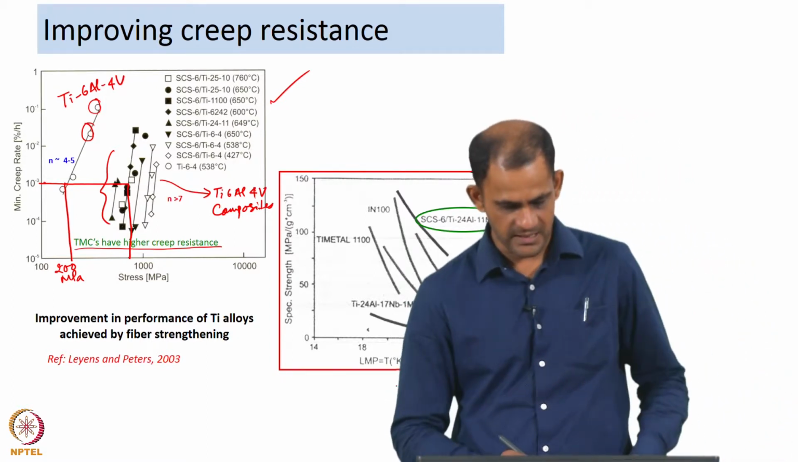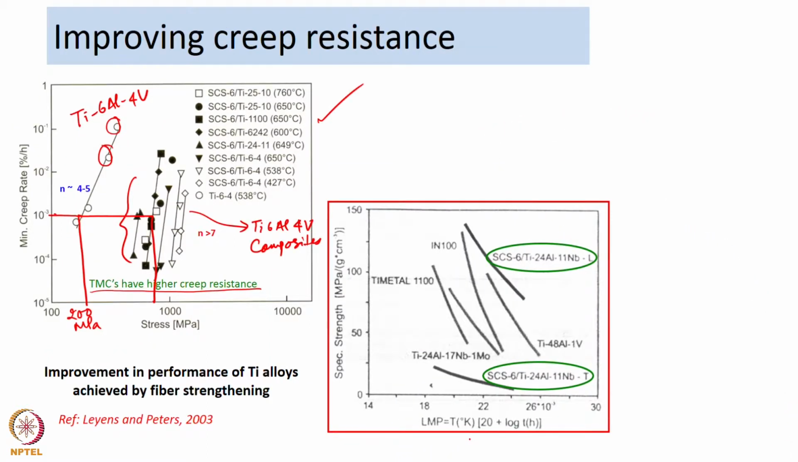Let us also look at another example. So, here you have silicon carbide fibers reinforced titanium 24 aluminum 11 niobium alloy, and in one case they tested the samples along the longitudinal along the length of the fibers, in another case they tested the sample perpendicular to the fibers. So, you have L and T. Now, what you see is the samples tested along the length of the fibers for the same Larsen-Miller parameter, let us say a Larsen-Miller parameter of 24,